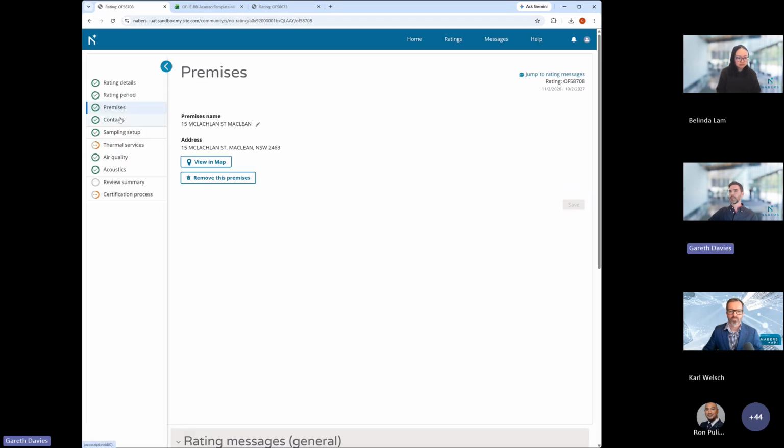Moving through to the premises page. We already have an address entered, but what you would do is use a street number and street name to find your premises. If you're having trouble when you're doing this, you'll have tooltips visible before you save, which give you tips on how to find the address you're looking for. And if you still have other issues and you still can't find it, just contact NABERS and we'll help you to find the right address. Something useful here is that once you have used the premises in NABERS Perform before, it will come up as an option to select to save time.